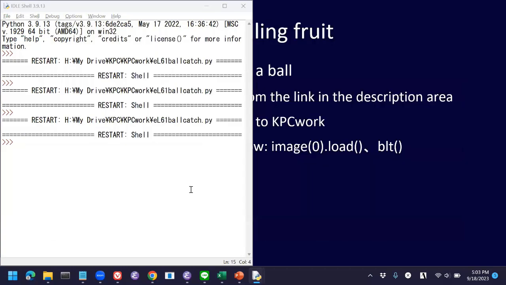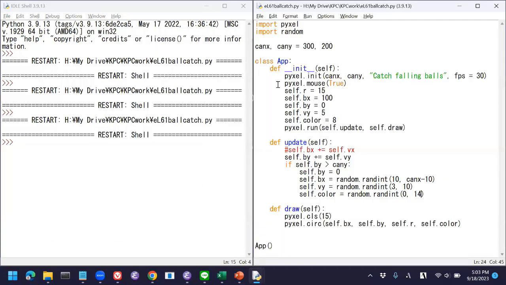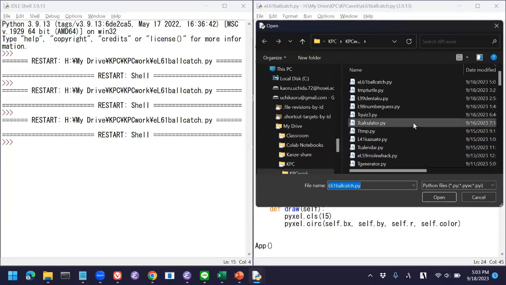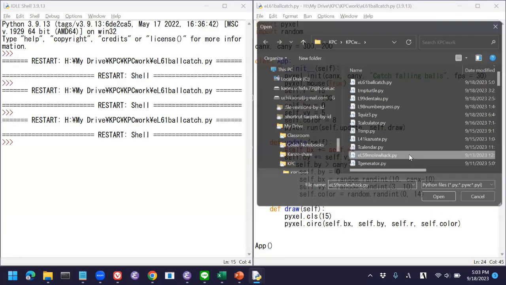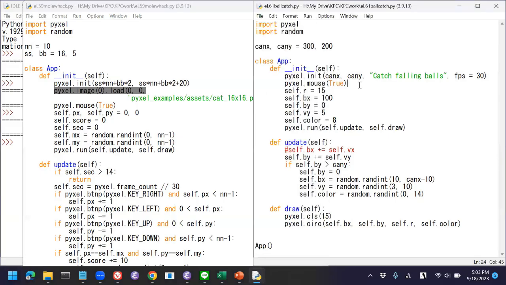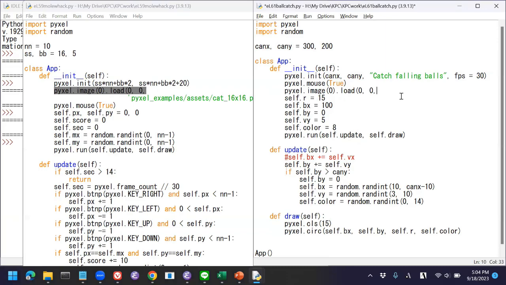To do that, we did this just last time, right? We used the cat image last time. So let's take a look at that. Okay, so we did it. So let's do the same thing. Pyxel image 0, using image bank 0, at address 0, 0, and the file name is